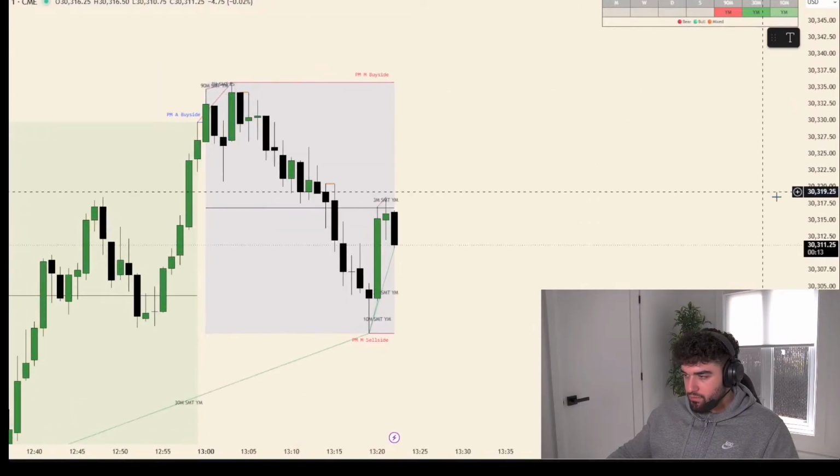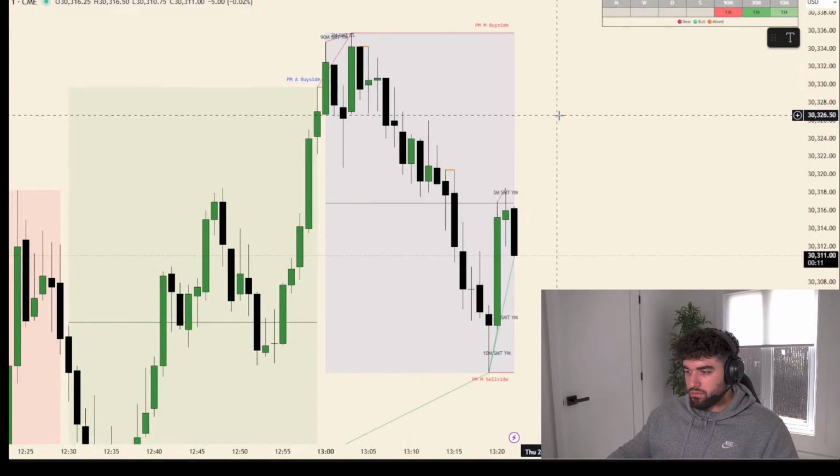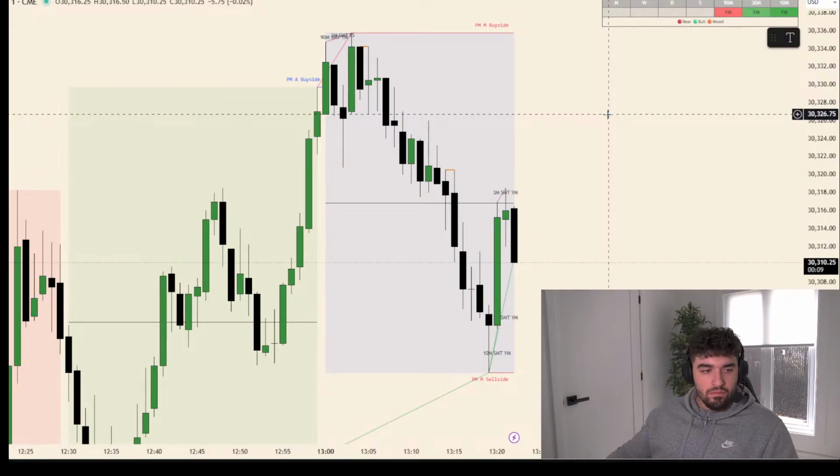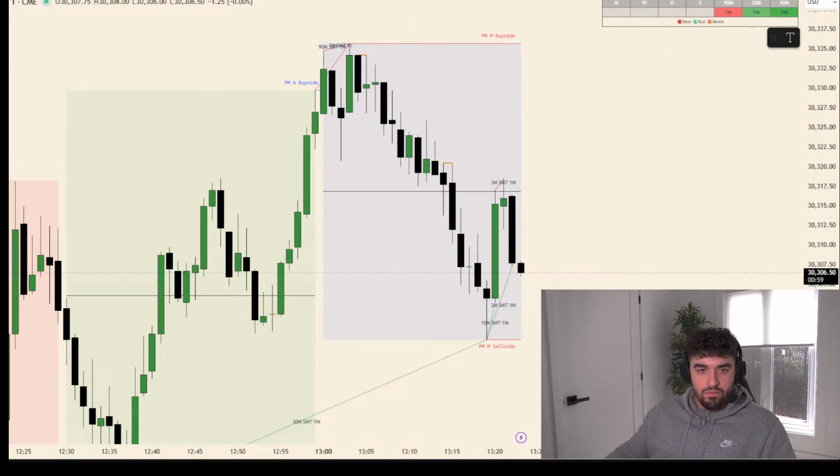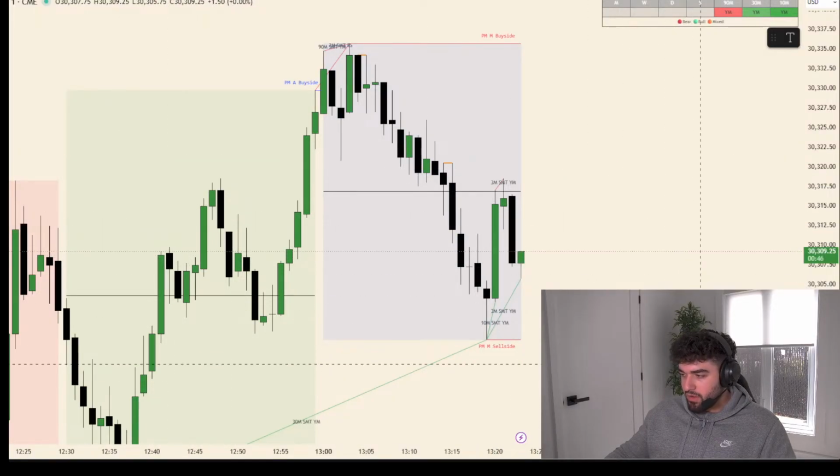You can consider that a divergence, even though they both broke. I had a high at 1230 on ES, and then a high at 1305 on ES. So the 1305 swept the 1230, and they did it on both. This is an internal higher time frame SMT. For my trades, I look for shorter time frame SMTs, but I use the higher time frame as a confluence for my trade as well, just for directional bias.